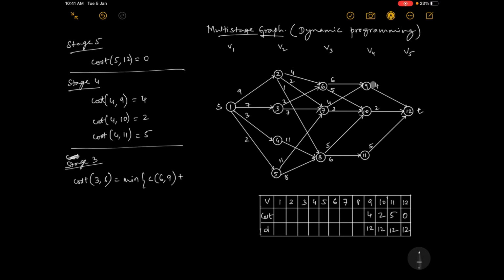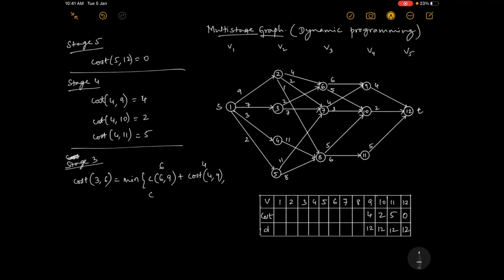Now we'll see. Now what is this? I have to write this. So how will I write this? I have a cost of stage 4 vertex 9, comma, okay. See, how did I write this one? 6, this value is 6, this value is 4, but how did I write it? I did not write directly 6 plus 4. I have a certain way. Why am I writing in a certain way? Because in the textbook there is a generic formula given. I am not using it yet, we'll derive that formula later, but first we'll use that formula.